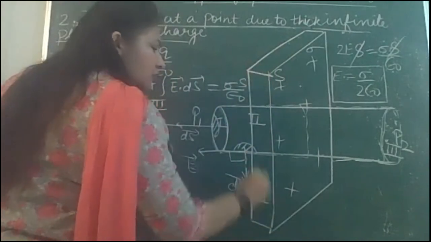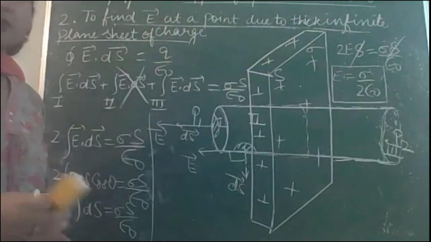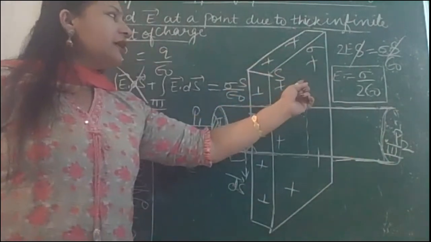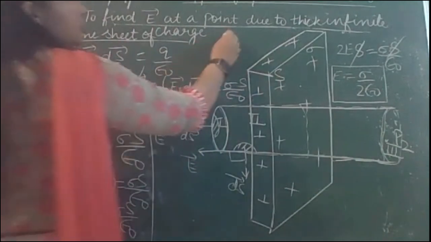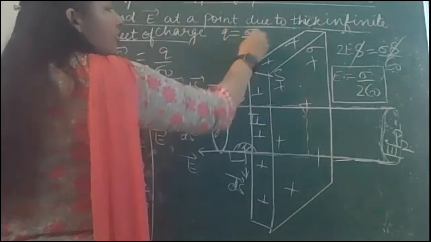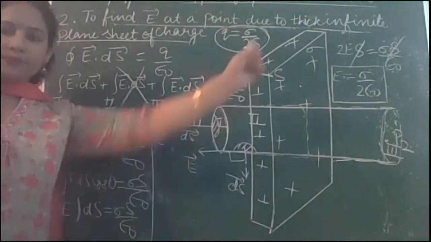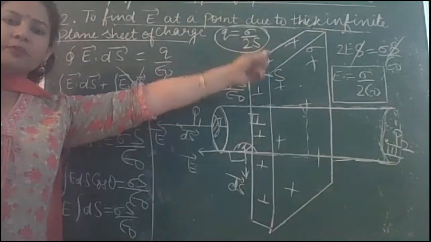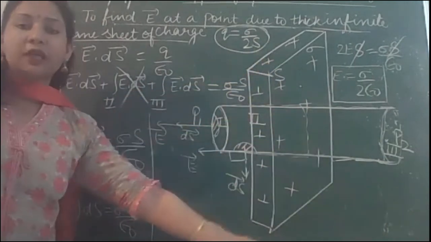इसको thick कर दी, so some charge would have been on the back surface also. So the same charge would be divided over two surfaces. So we could have written Q is equal to sigma over 2s. The charge is distributed over two surfaces now. Okay, charge would be distributed over two surfaces if the sheet were thick in place of thin.